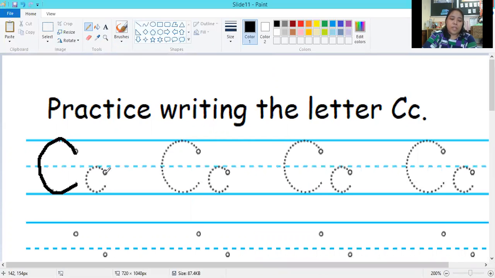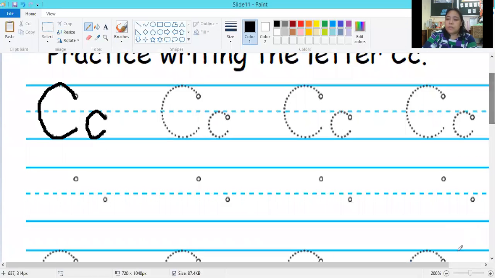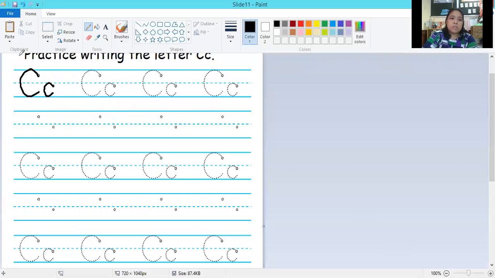And then another letter C here for the lowercase letter C. When you're done tracing, then you do your own here. Make sure you touch the line up there and touch the line down here. Same thing with the small letter C, touch the line up, touch the line down.